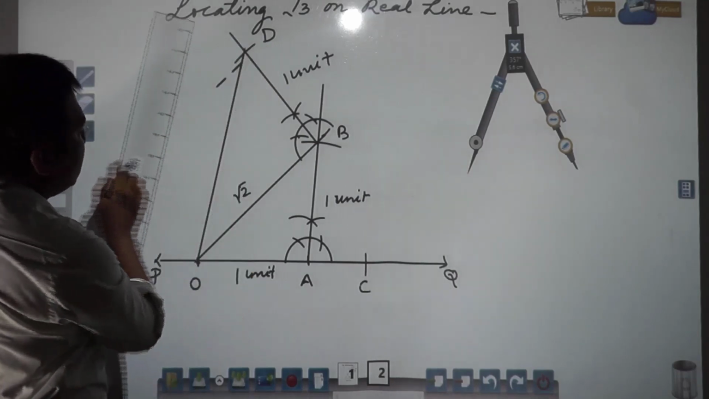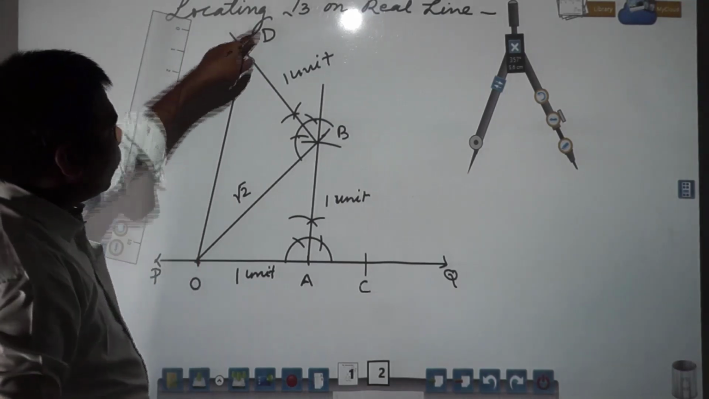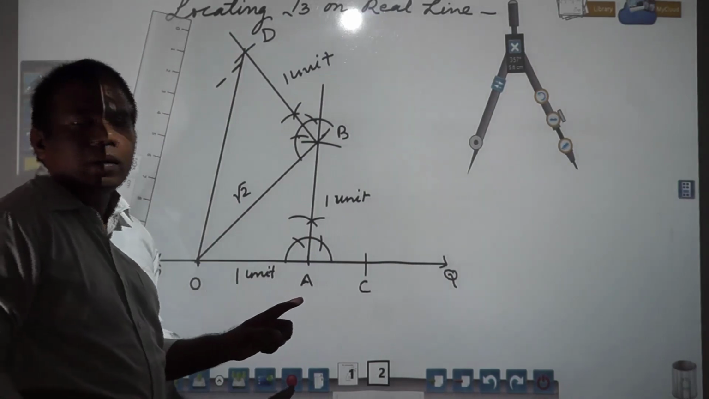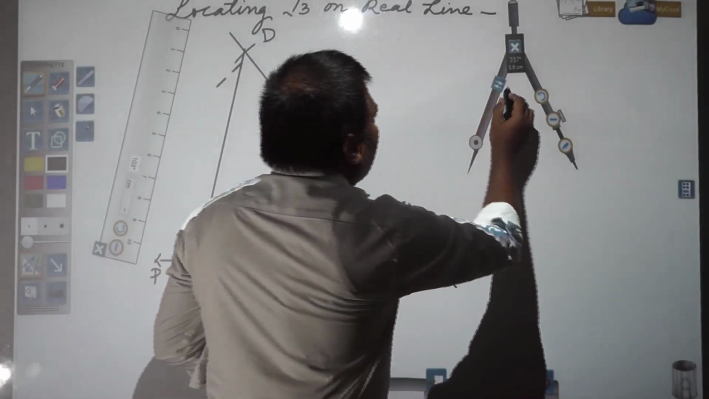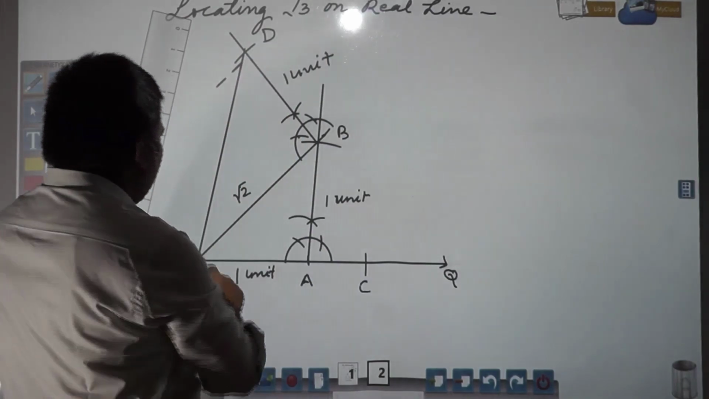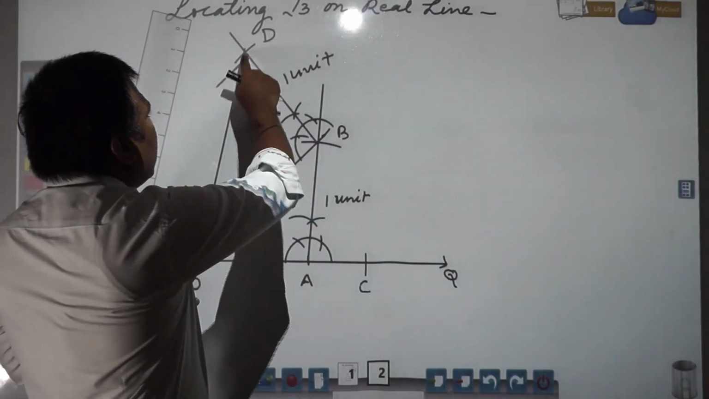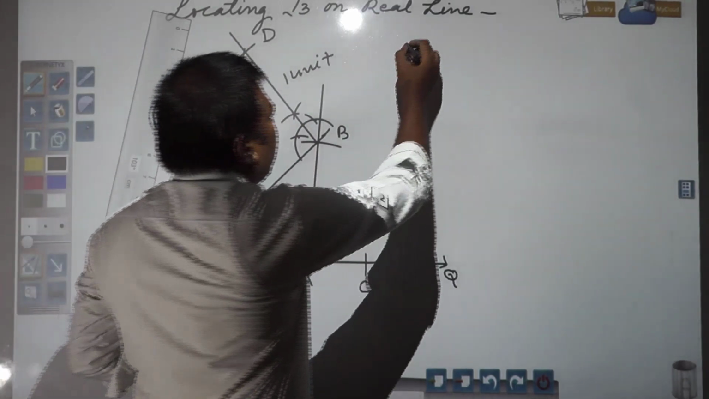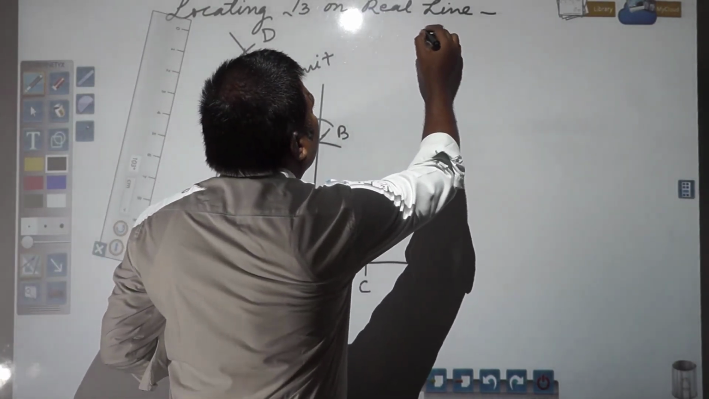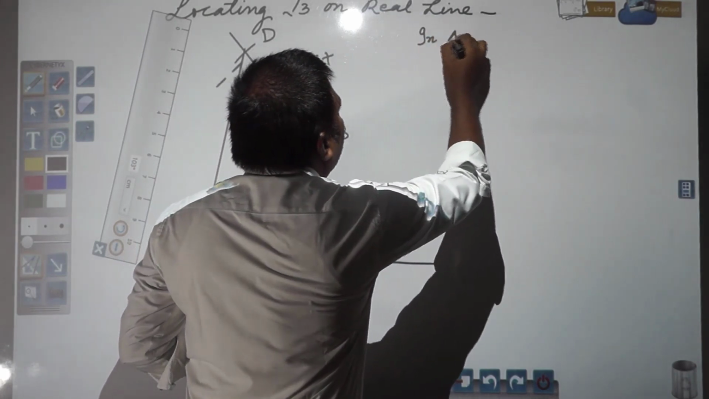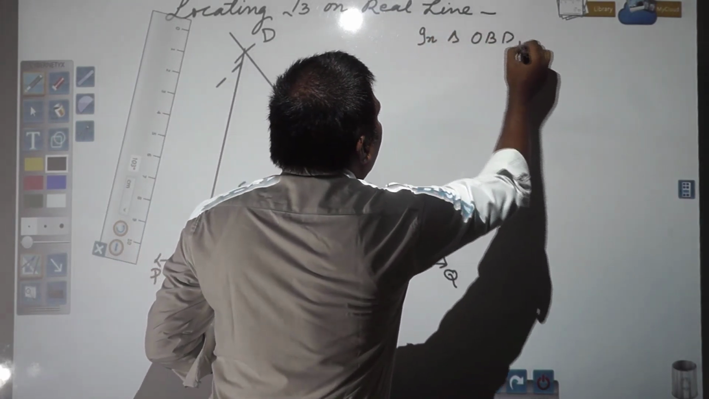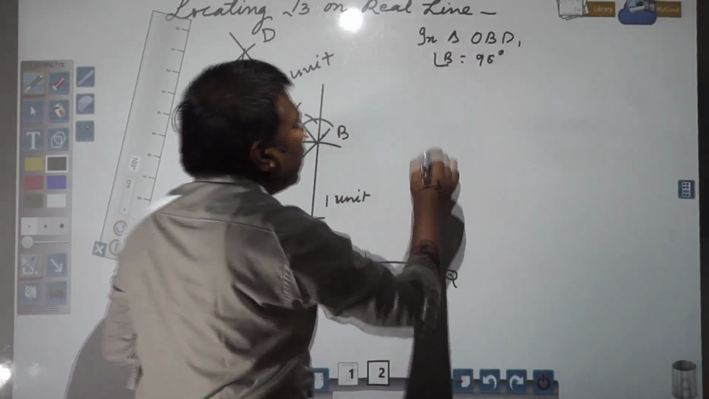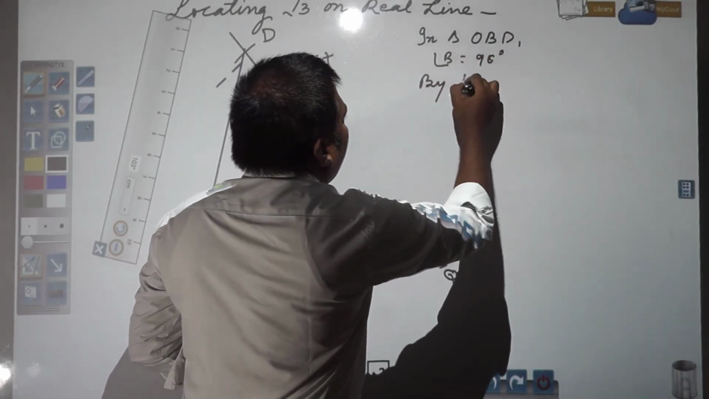Like this. So this OD, what will be the length of this OD? We need to find out. Just see again, what we are getting: a triangle OBD, where angle B is equal to 90 degree. So here you write, in triangle OBD, where angle B is equal to 90 degree, by Pythagoras theorem,